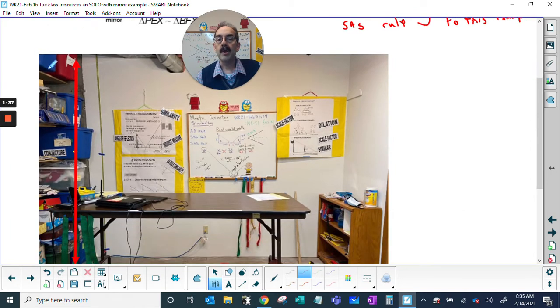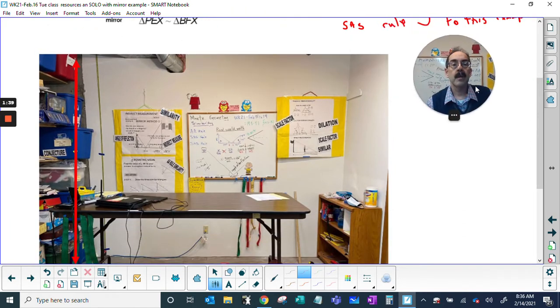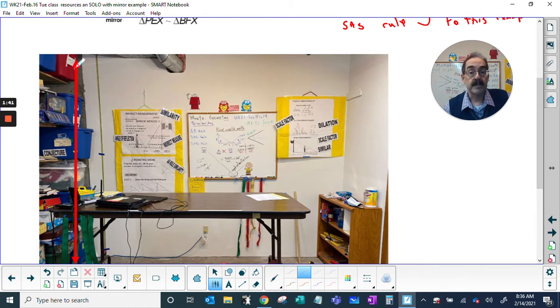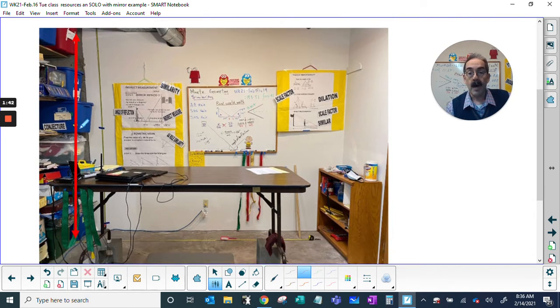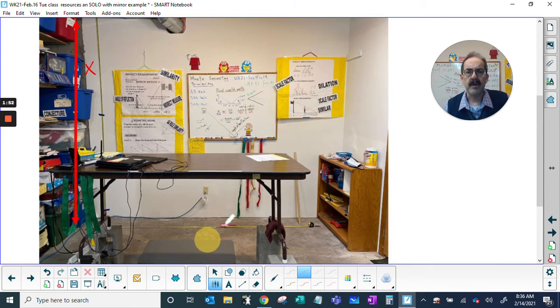I want to know how high off the ground this red bucket is. Okay, how high? This is going to be our X value. So we're going to put an X right there. Now to do that, we're going to use a mirror down here. So grab yourself a mirror